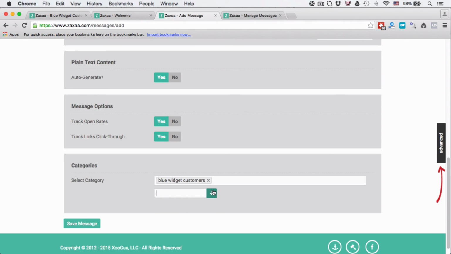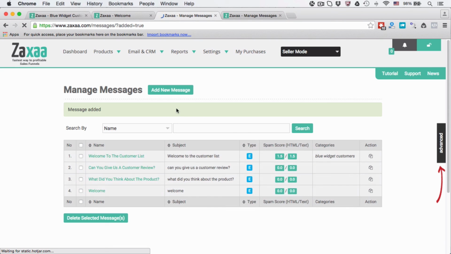You can add more categories here if you want. In this example, I'm just going to use one category. I click save message, and as you can see, welcome to the customer list has been added to the manage messages page. Categories is here. You can duplicate the email